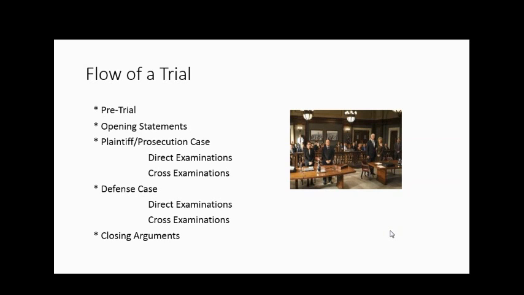You'll want to address any demonstrative aids that are going to be used during the course of the trial. For example, if you have enlargements, it is generally a good idea to have already shown those to the other side so that you avoid any surprises during the pretrial conference. Typically, the judges won't care too much unless there's an objection by one side. So it's a good idea to just get those cleared by the other team in your round ahead of time.